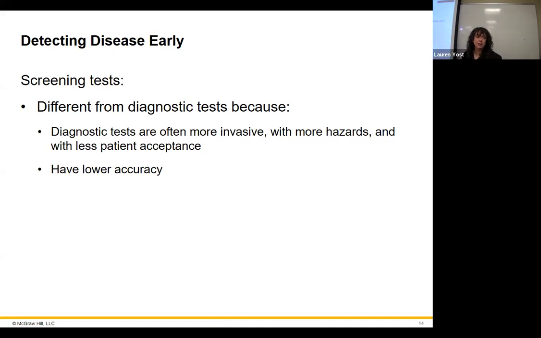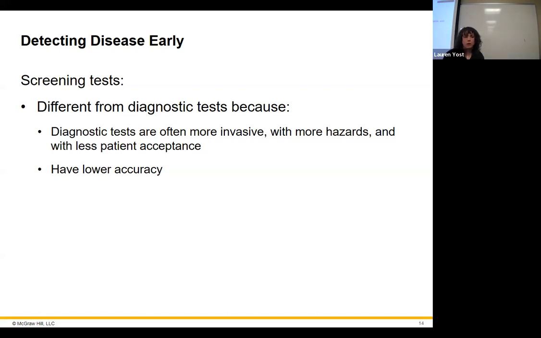So screening tests are different from diagnostic tests. Diagnostic tests are usually more invasive. Think of screening as being like the home tests: super easy, quick, but they're not super accurate, right? So if you had a positive home test, nowadays you'd probably just say that's enough, it's probably positive for COVID. But in the beginning, you would for sure go to your doctor and want to get your PCR test done to confirm that you had COVID. So the PCR test would be your diagnostic test in that case, okay?